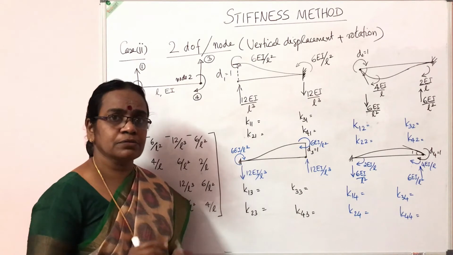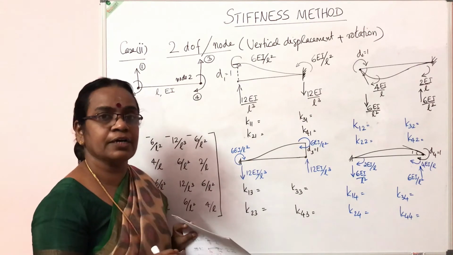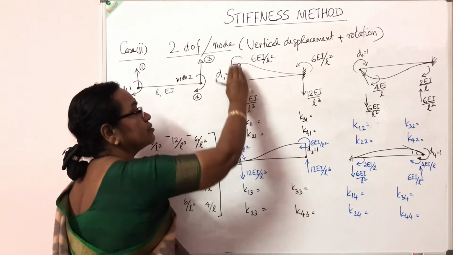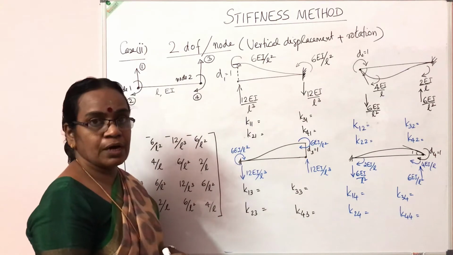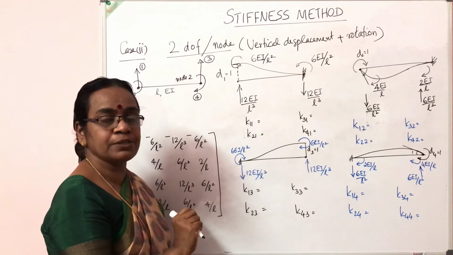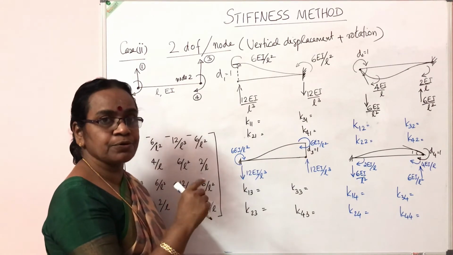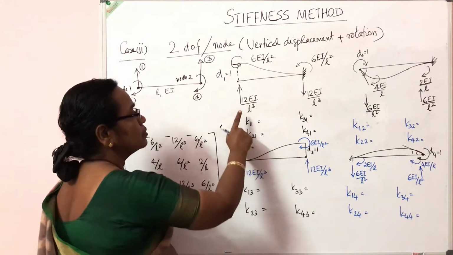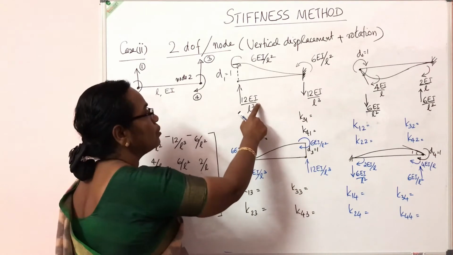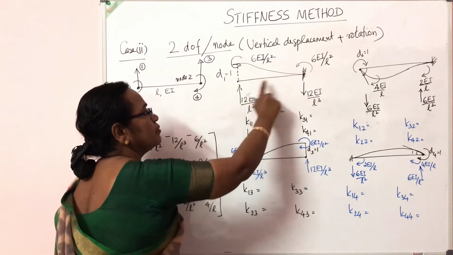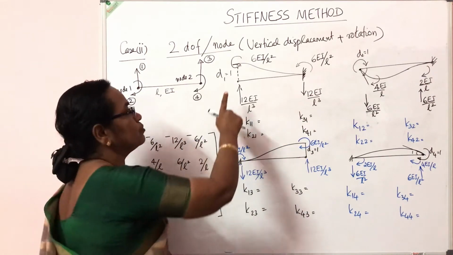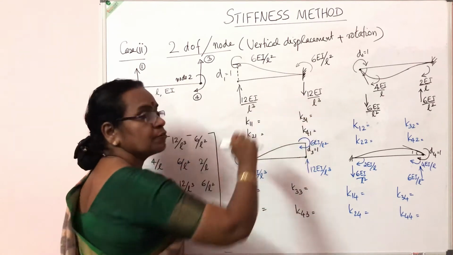Similar to sinking of supports. If the right support sinks down, we have seen earlier, anti-clockwise moment, or vice versa. If the left support sinks up with respect to the right, it is also anti-clockwise moment. So there is an unbalance. 6 plus 6, 12 Ei by L square is an unbalanced moment. To counteract it, we have to produce clockwise couple, left up and right down. This will produce a clockwise couple. The numerical value is 6 plus 6, 12 Ei by L square divided by the span, 12 Ei by L cube. So by giving unit displacement in the vertical direction, these are the forces developed in the 4 coordinate directions.